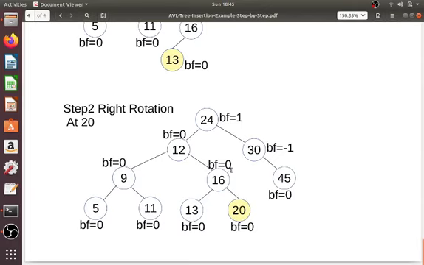As we can see, the balance factor of all the nodes in this subtree has been restored to the permissible limit of -1 to 1. Further, the height of this subtree has been restored to 1, which was the case earlier before the insertion of a node. As the height of this subtree has not changed, the balance factor recalculation of nodes 12 and 24 is not required. So finally, after insertion of all 10 nodes, this is the resultant AVL tree.